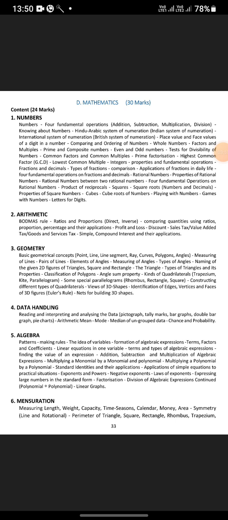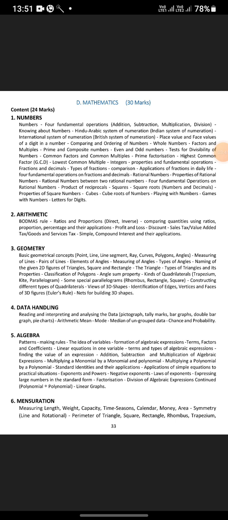patterns, making rules, the idea of variables, formation of algebraic expressions, terms, factors and coefficients, linear equation in one variable, terms and types of algebraic expressions, finding the value of an expression, addition, subtraction and multiplication of algebraic expressions, multiplying a monomial by a monomial and polynomial, multiplying a polynomial by a polynomial, standard identities and their applications, application